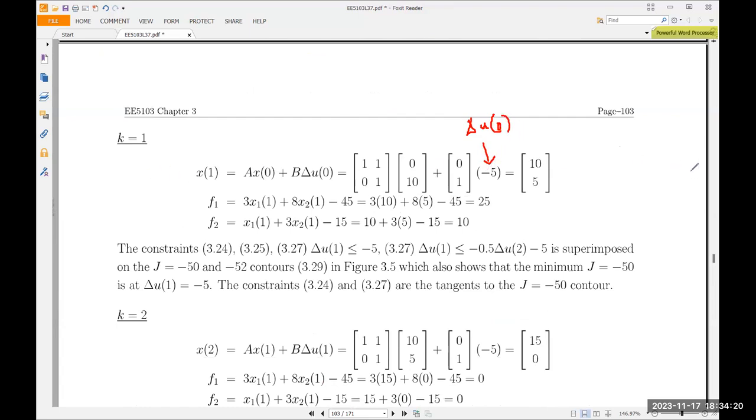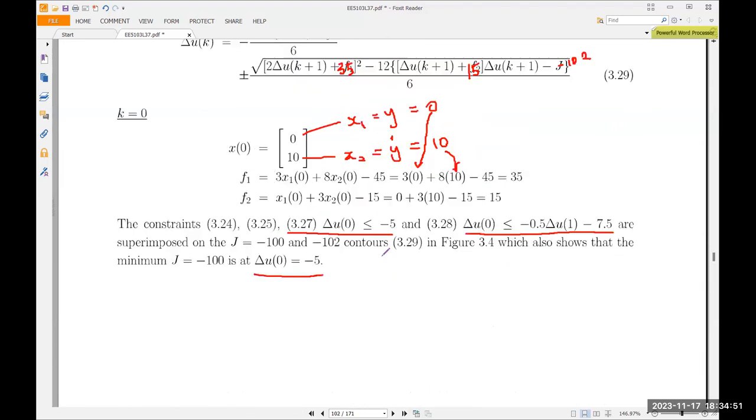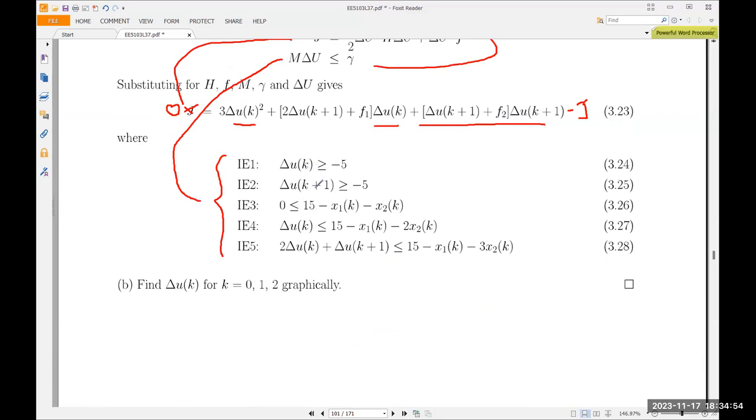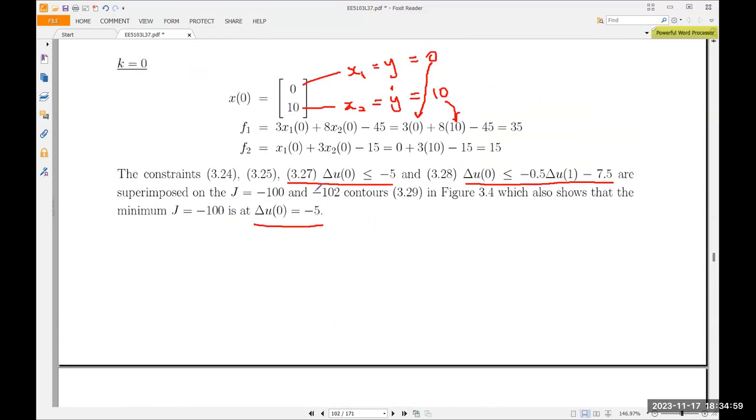So you go and calculate, you get x1, 10, 5. With 10, 5, you go and get the new, you repeat the same process. So I just repeat one more time for you, and then that's it, which is exactly the same. So then with 10, 5, you go and look at inequality 1, 2, 3, 1, 24, 25, 27, and then we see. So this one and this one is the same. So it's minus 5, minus 5. Okay,